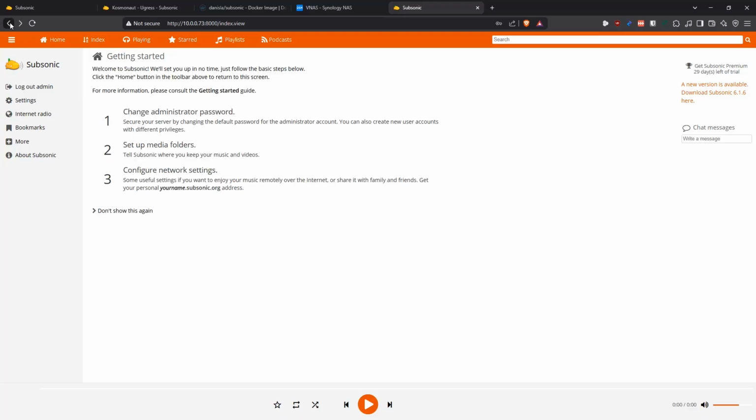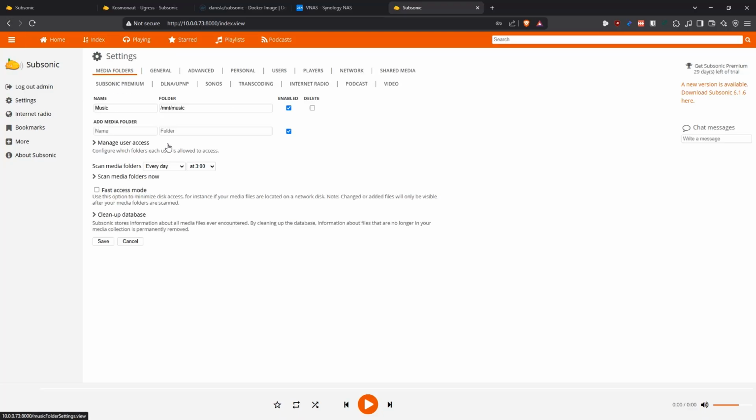And if we go back, we can set up the media folders. So by default, it's going to start with the music being in mount music, but we need to change this because we decided to pass it as /music in the container. So I'm going to change that and say save. And if we go back also, we should see